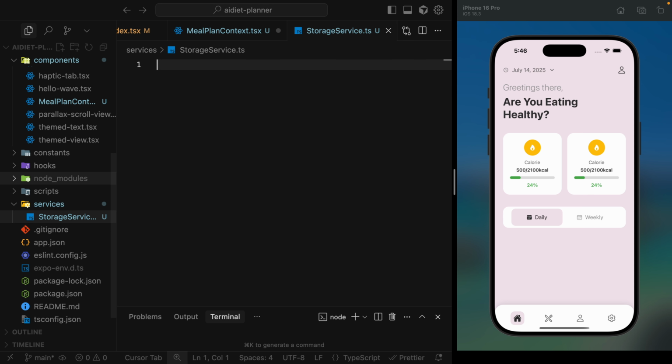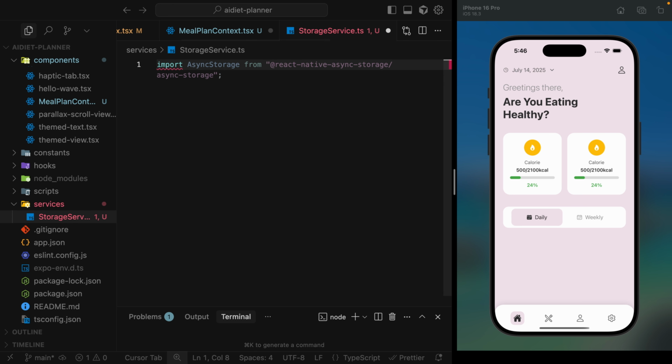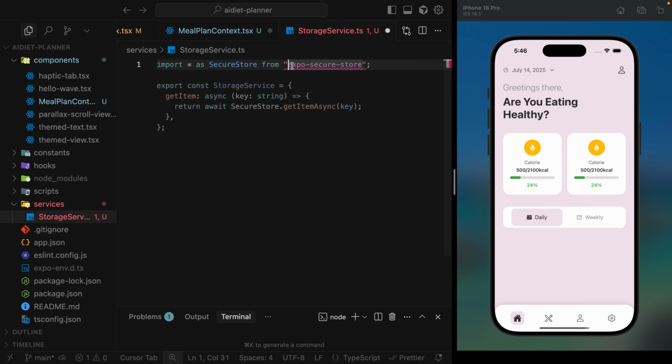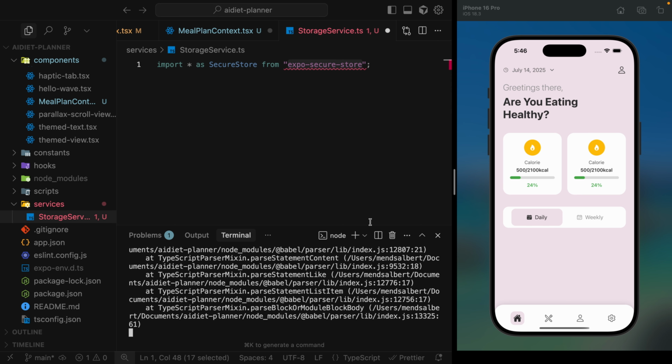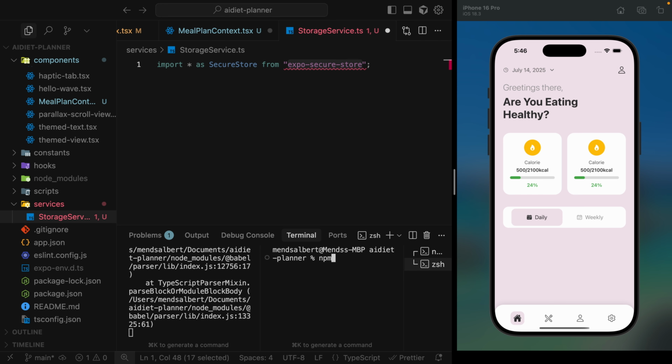We're building a reliable storage solution for our application using the singleton pattern, which ensures only one instance of our service exists globally. We'll use Expo Secure Store because it provides platform-specific encrypted storage for sensitive data like API keys and user preferences, which is much safer than regular local storage. So let's start by typing the necessary import. Import * as SecureStore from 'expo-secure-store';